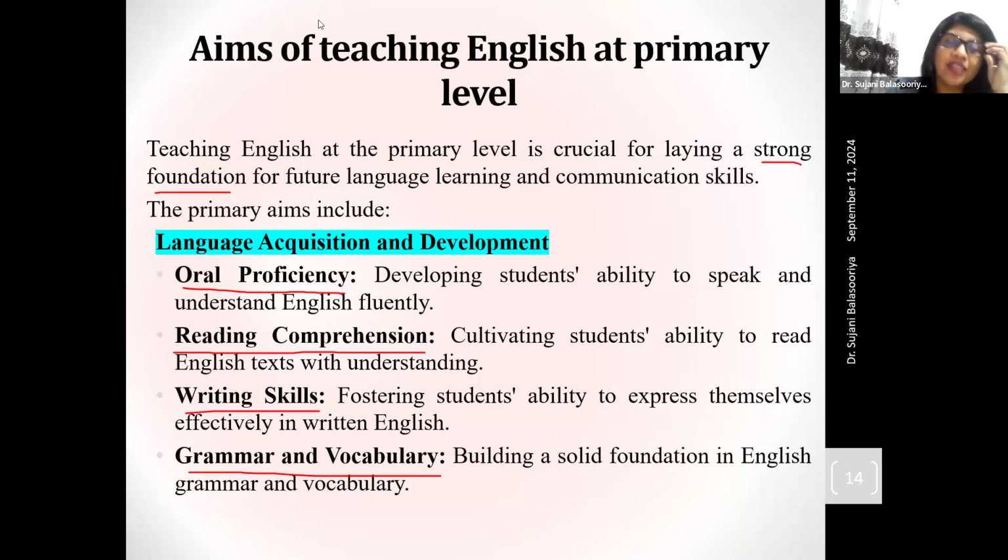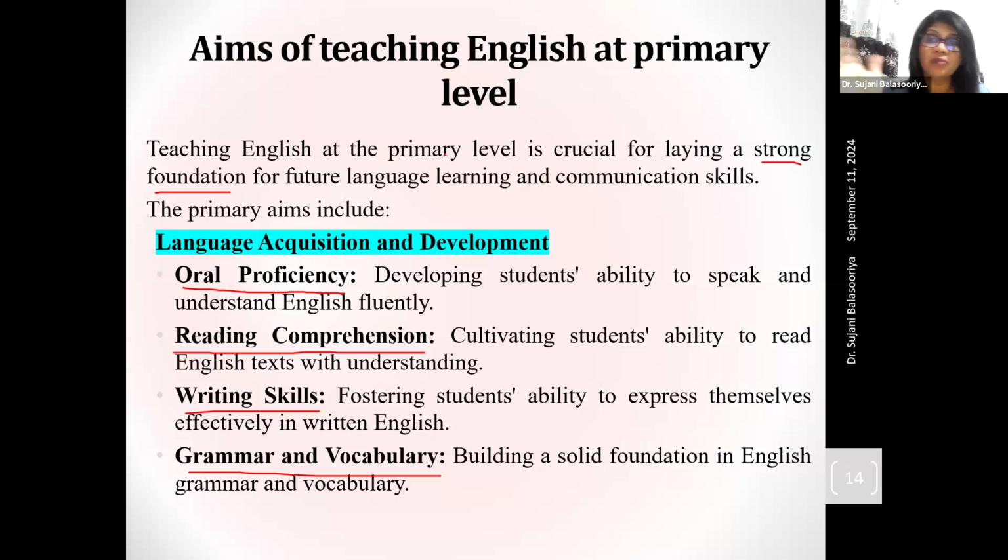Right. Okay. 3 primary grades, grade 3, 4, and 5, that are considered to be the primary level. Then why teaching English at the primary level is crucial or important? Do you think within the primary level itself, when the kid grows up to grade 5, he or she would end with a very good level of the English language? Never, ever, no, right? If you start teaching English to that child at grade 3, by the time he comes to grade 5, you can't expect only 3 years, right?